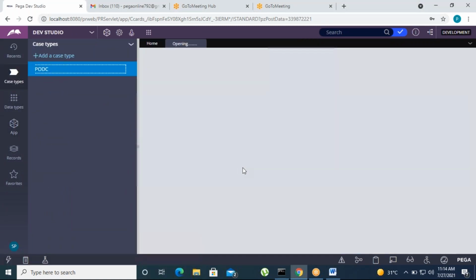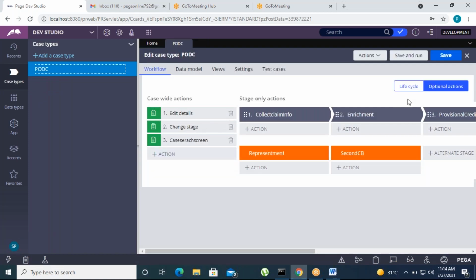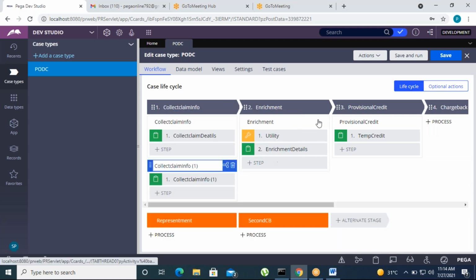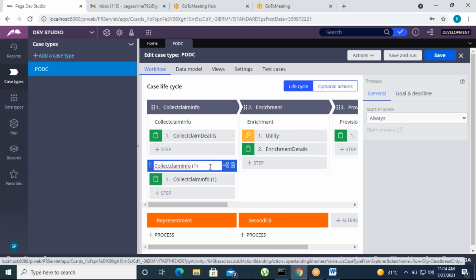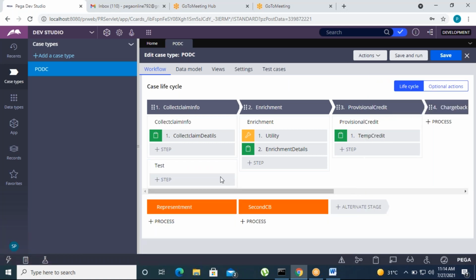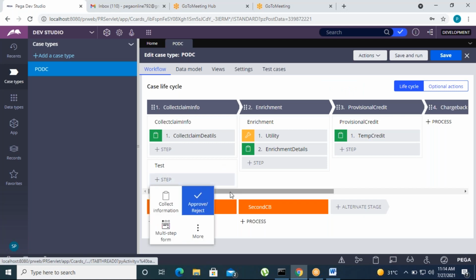Let's go to case life cycle. Here we can add the new process. Add the new process. So step, I can add the step.